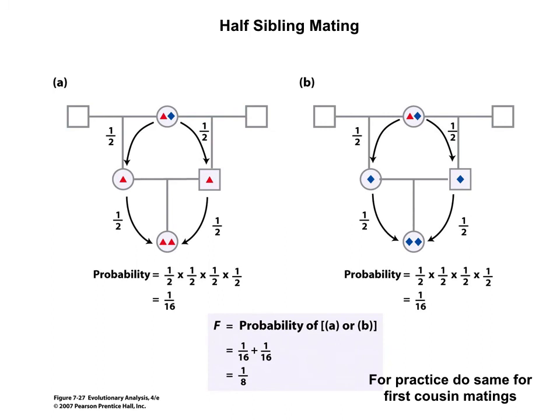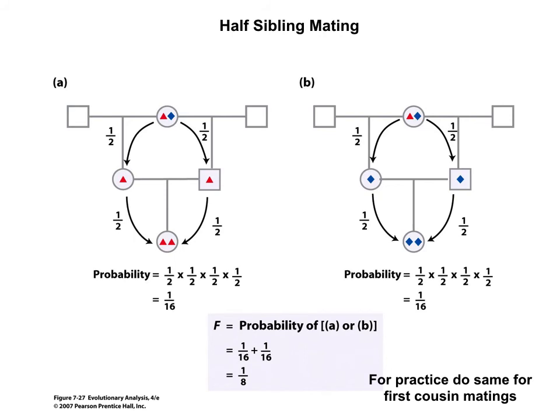So to do this, we have to work with pedigrees, which show genealogies, and they show matings between people and offspring that result from those matings over a number of different generations. And so we have a pedigree here. Let's just look at A, for example, on the top. The square represents a male, the circle represents a female. When you have a line connecting the circle with the square, that means that they got together and had